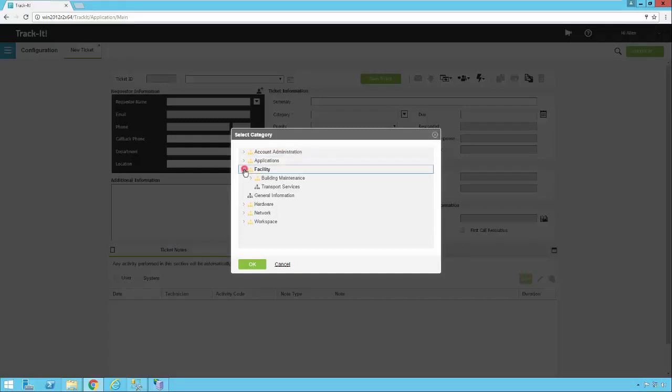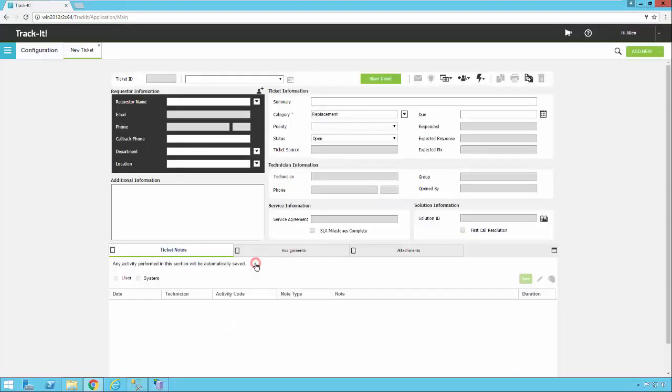So I can go under Facility and I can select Building Maintenance. I can select Window Replacement. Okay. And notice the replacement field shows up here now. We do have another field that's called Category Full Path, which is in the system. You can customize this work order form and add the category full path if you like. You can also add the category full path to the grid view in the help desk so you can see